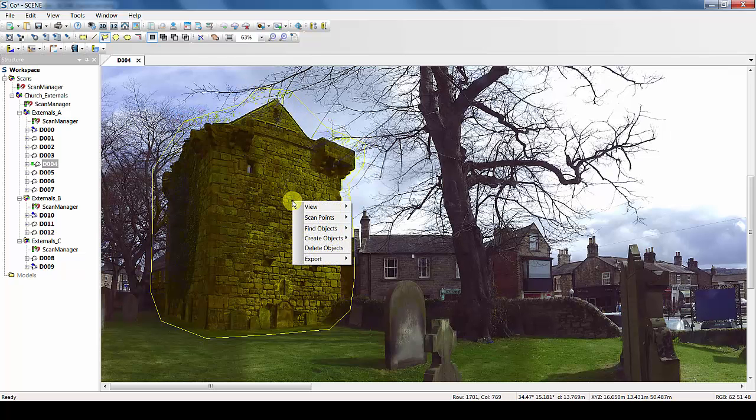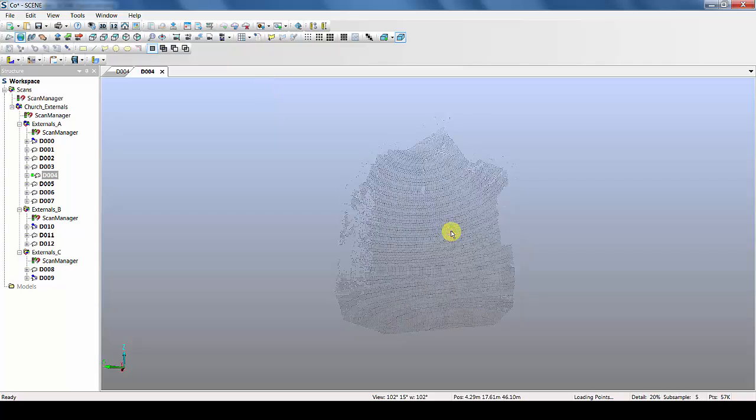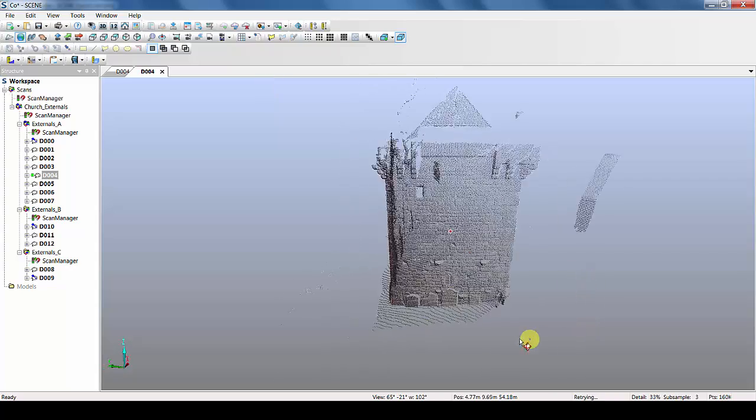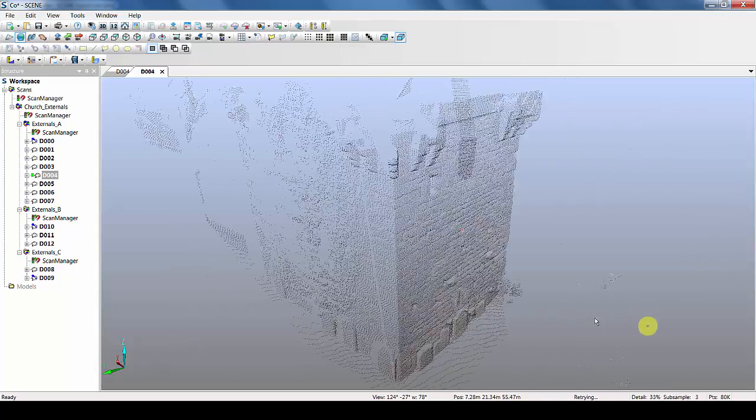If I right click and scroll down to view and open up a 3D view, I can validate my selection, navigate around it, and I can clean it up if I really wished. Going back into the planar view,